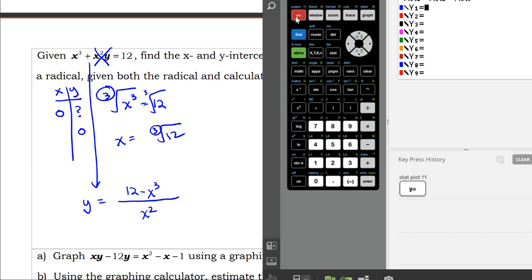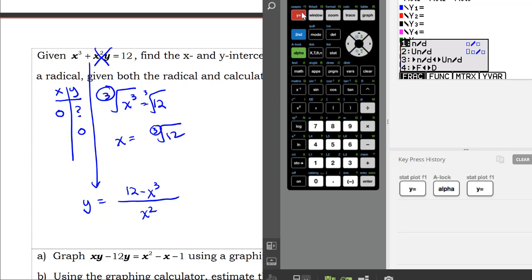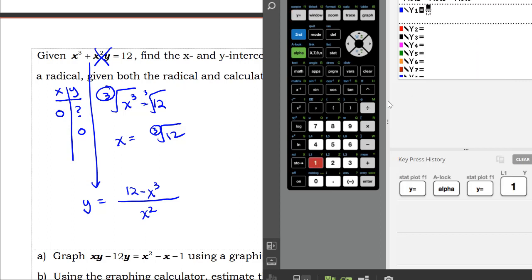Now, suggestion is to always use a horizontal fraction bar, not a diagonal one. So what you do is, what color is this F1 up here? Green. So I want to choose that. So I choose the green alpha key, and then I choose the F1 key, which is the y equals. And I get this menu which creates for us fractions. Choose choice 1. And we get a horizontal fraction bar. Then I can have 12,